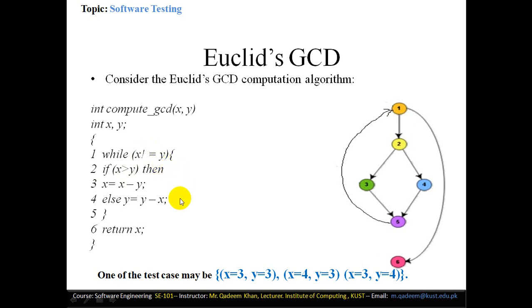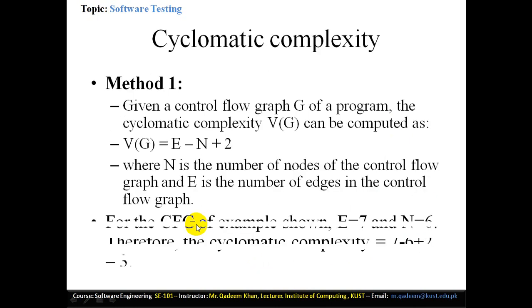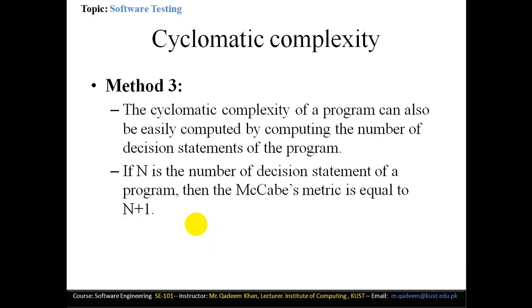So from all three methods it has been specified that there must be 3 different pairs in the testing. You can see these are 3 possible different pairs. A programmer can specify more pairs, but it will be useless. Only 3 different pairs are sufficient to test this system. So this is the McCabe methods.